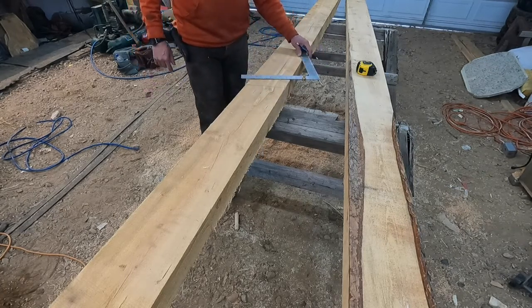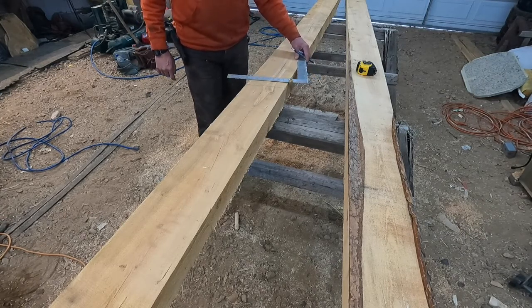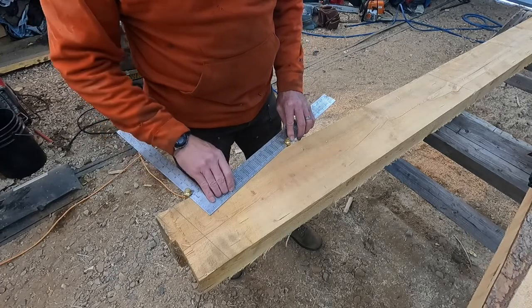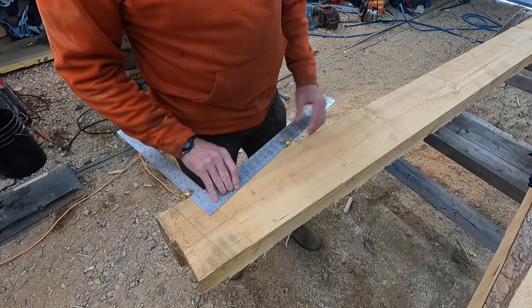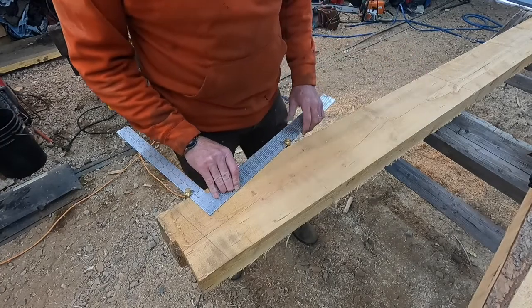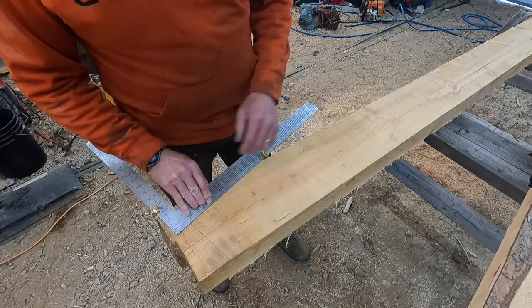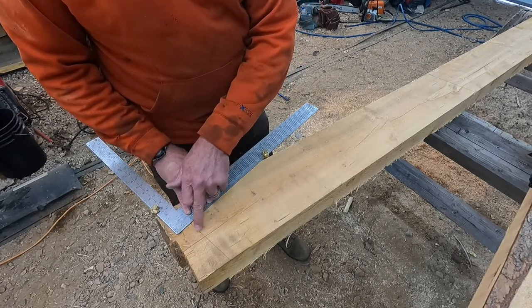Okay. Now, I need to go get my book that I wrote down my measurement on. I'll be right back in a minute. Okay, so I went and got my sheet that I took some notes on. We're 39.25 from the fascia up here out to the post, and that is on the outside of the post, over the post. So the way you can figure that out with the square set up like this, I've got my square lined up over here on where the fascia will be, not where I'm cutting this, but where the fascia will be,